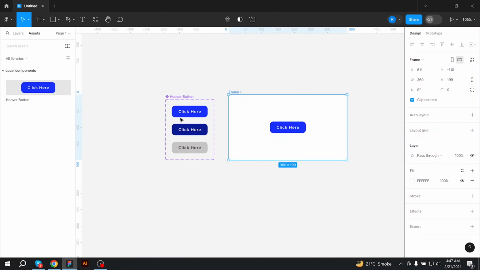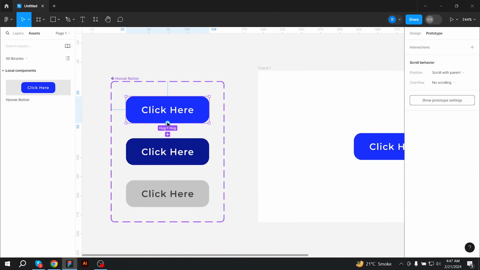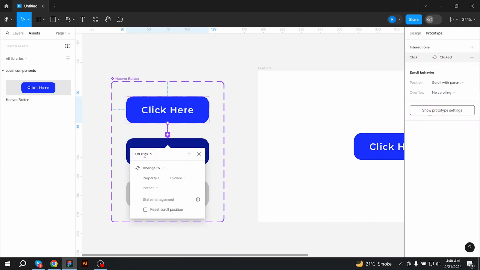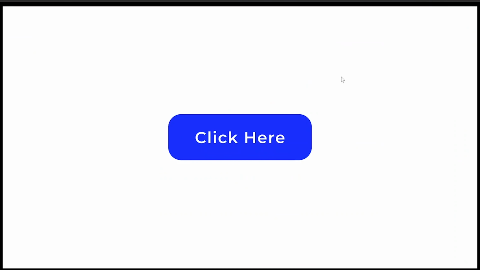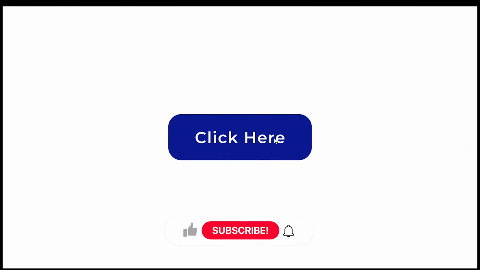Now let's adjust prototyping by clicking on first button and adding while hovering effect. That's it. Select frame and click on play button, and here is your Hover button created. You will create different types of